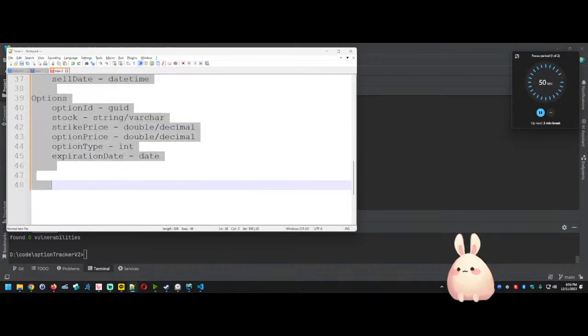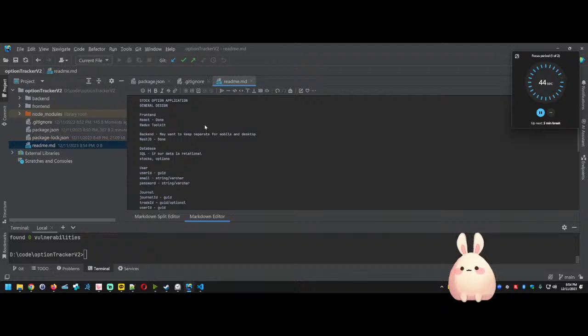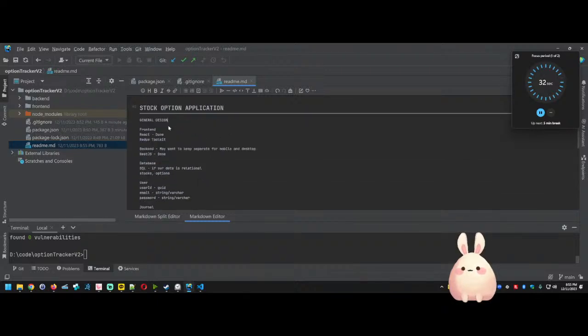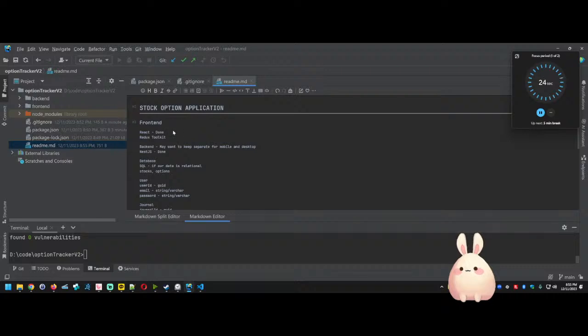So let's go ahead and grab all of this. And now, whether you choose to display all that information, such as your database layout, in your README is completely up to you. So let's document some of this. So let's put an H3. This is our front end,